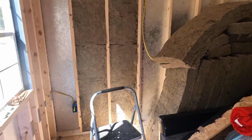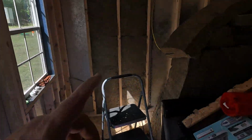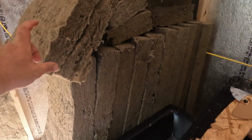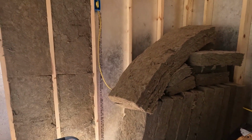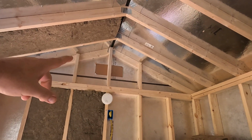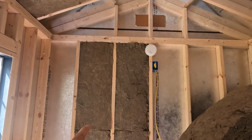Okay, so when I was talking, I had that backwards. The Sound and Safe is 3.5 inches thick, and the other one is the Comfort Plus or something like that. This one's only 3 inches thick. Well, these are too thick and too heavy because I don't have any of the other supports to hold that into the overhead or into the roof. They make little ties that you can put in and it kind of holds it up there, right? So these are a little more firm, which stinks because I already put those in the wall